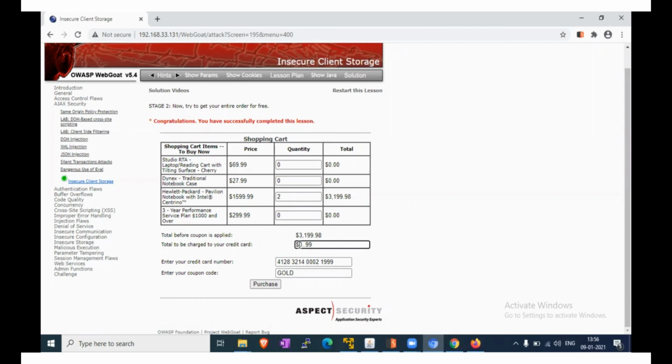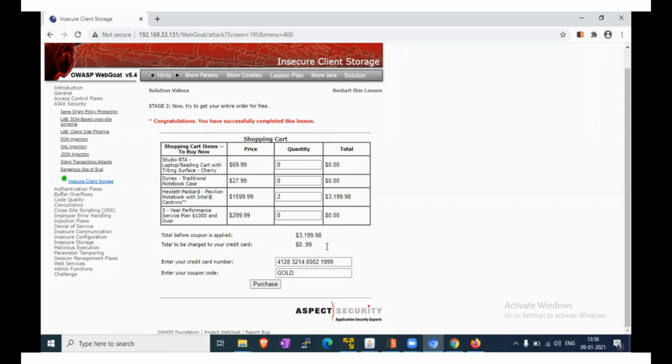Previously it was showing a specific amount near $1500, but we have changed it in the grand total. We have modified that request and we are able to purchase for $0.